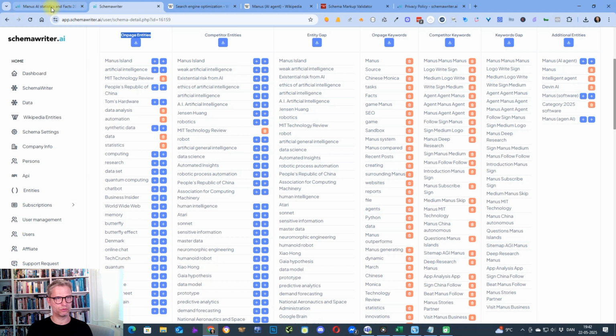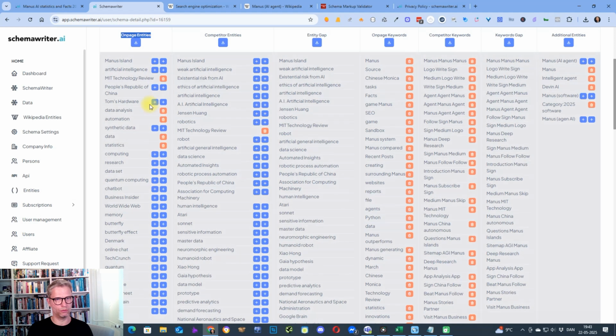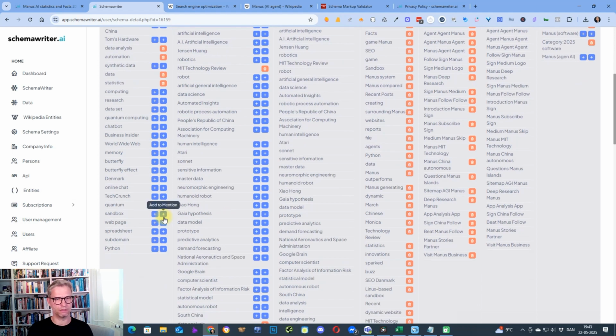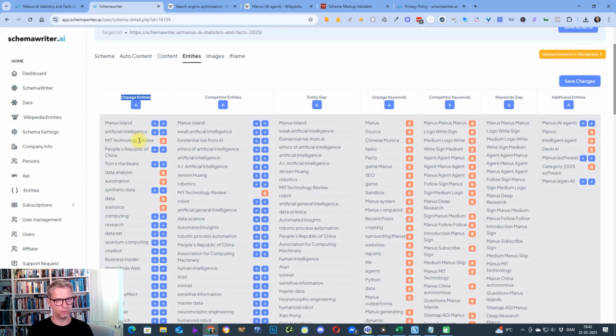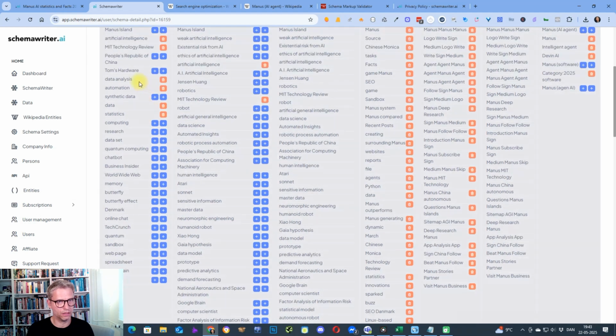So this blog post is a blog post about Manus AI, the statistics, the main features, the key features of Manus AI, right? So no need to include an entity about Tom's Hardware and things that might be in the content, but it's not super relevant, because I want to make absolutely sure that Google understands what this page is about. So it is about artificial intelligence. It is about